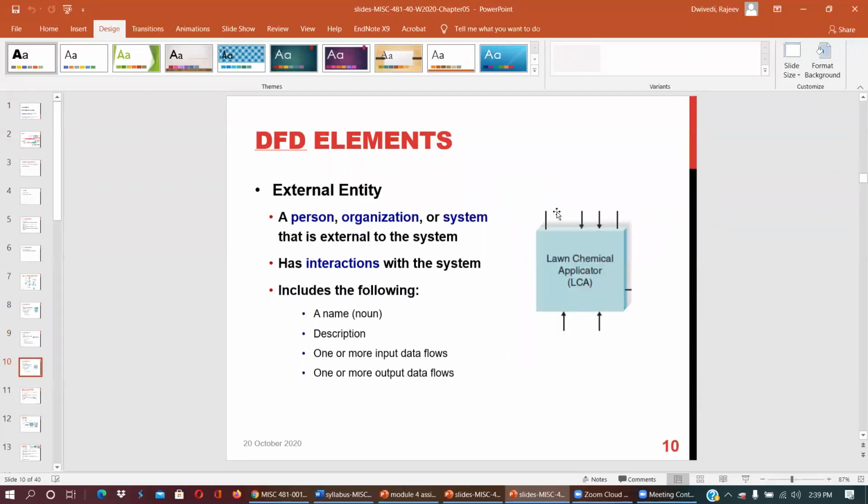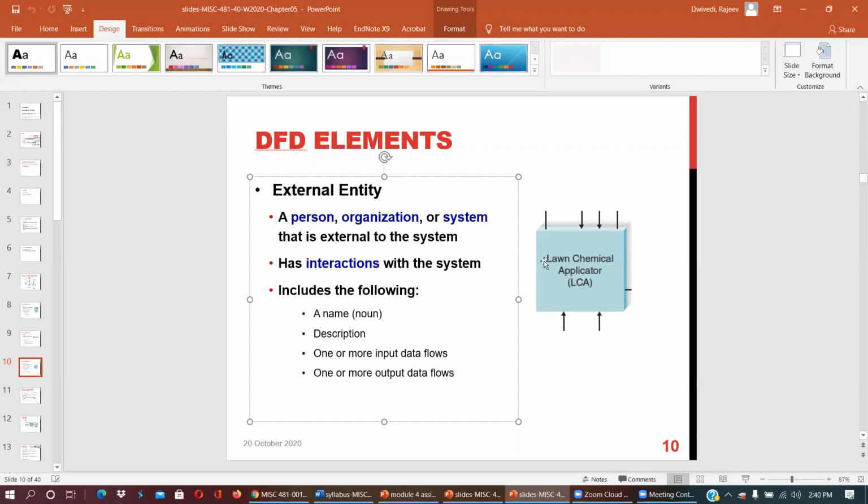External entity: you can see this is the lawn chemical applicator, which is an external entity. A person, organization, or system that is external to the system and has interaction with the system. Whether a user, supplier, any organization or any system, they are all external entities that interact with the system.